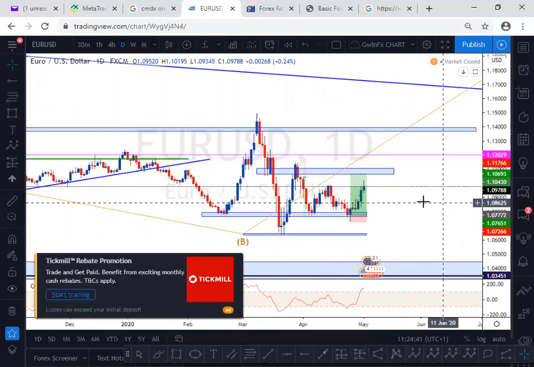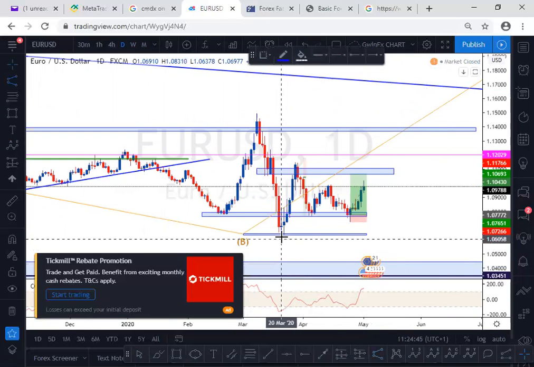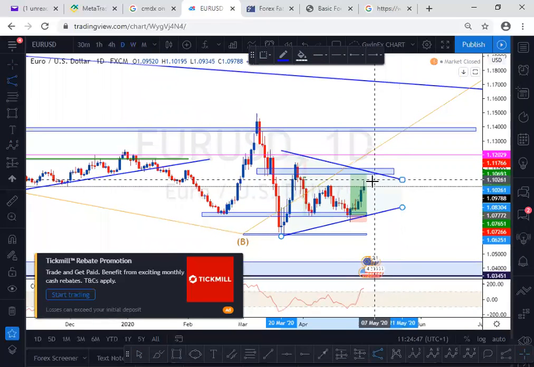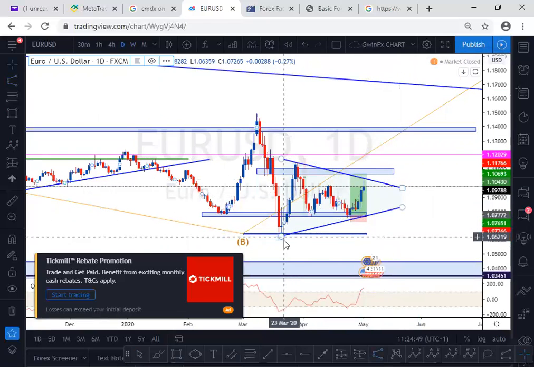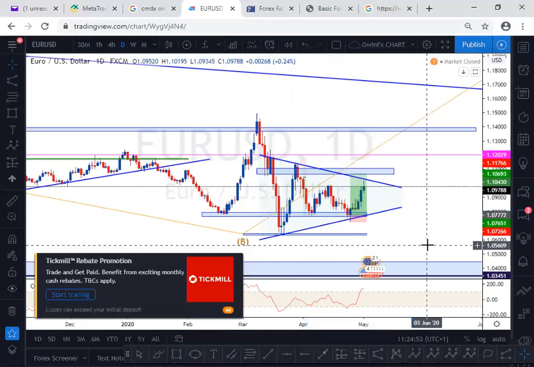What I can see from the market at the moment is that it is in a symmetrical triangle. Mostly all USD pairs are inside a symmetrical triangle, and we expect a breakout because this is some sort of momentum gathering, almost similar to what we saw with the USD Mexican peso.